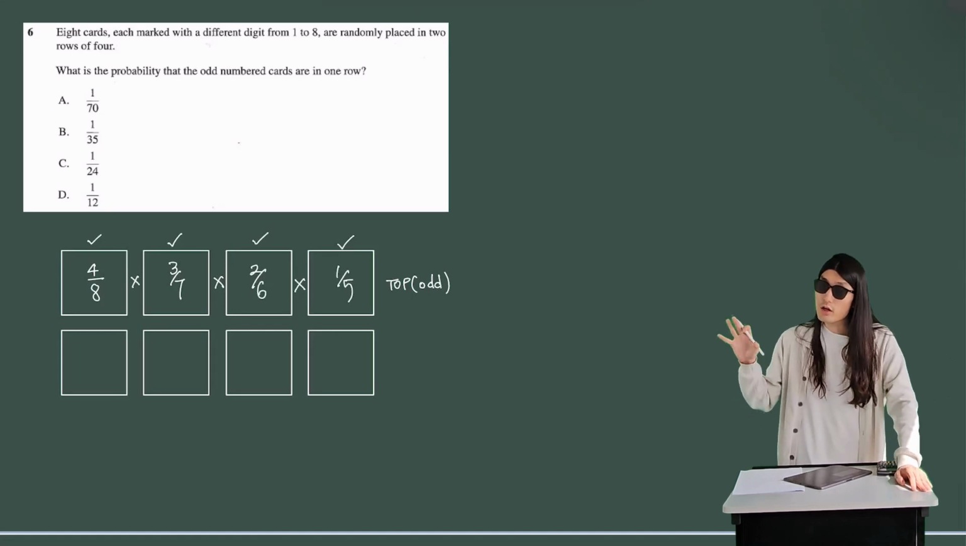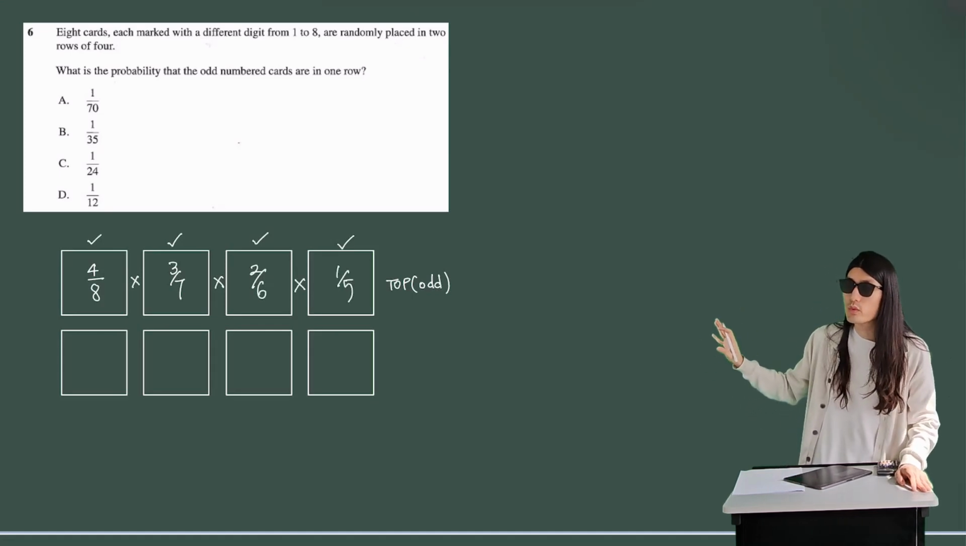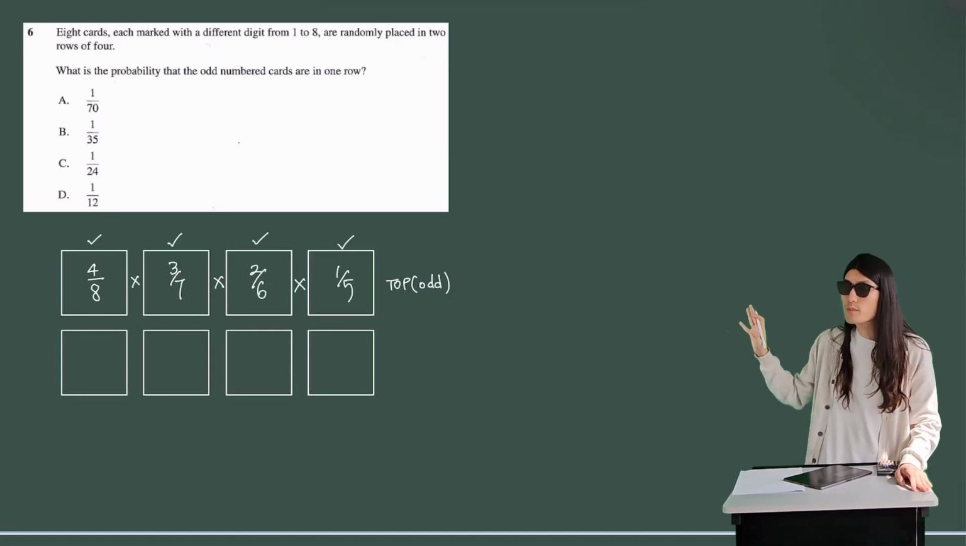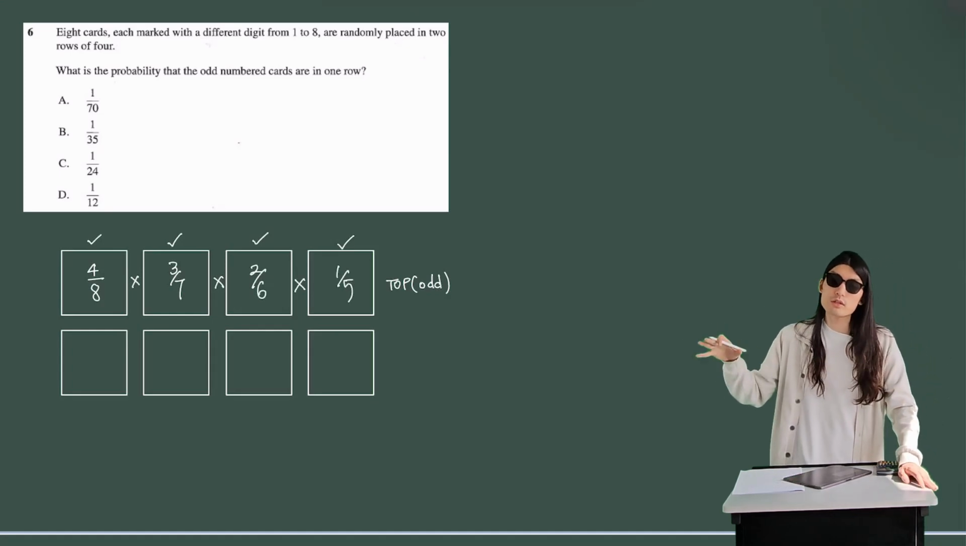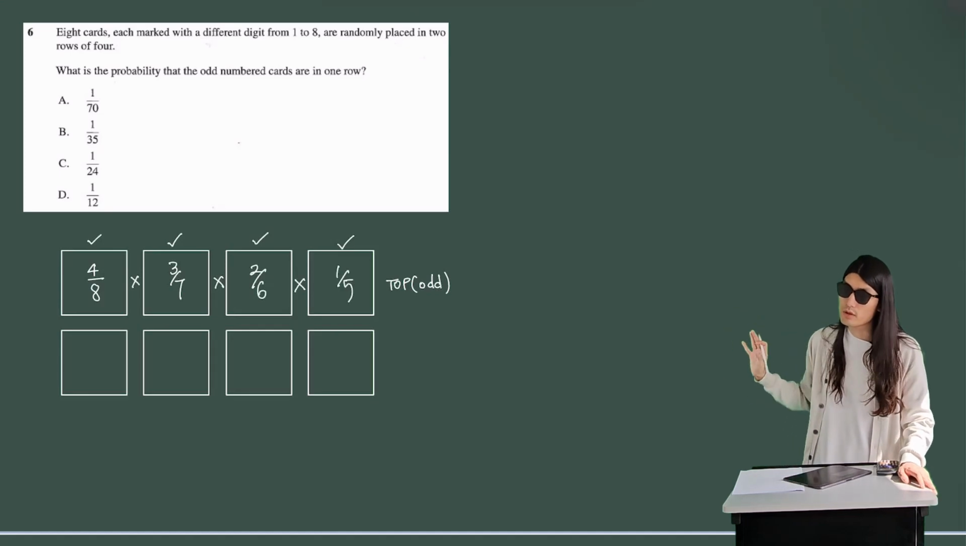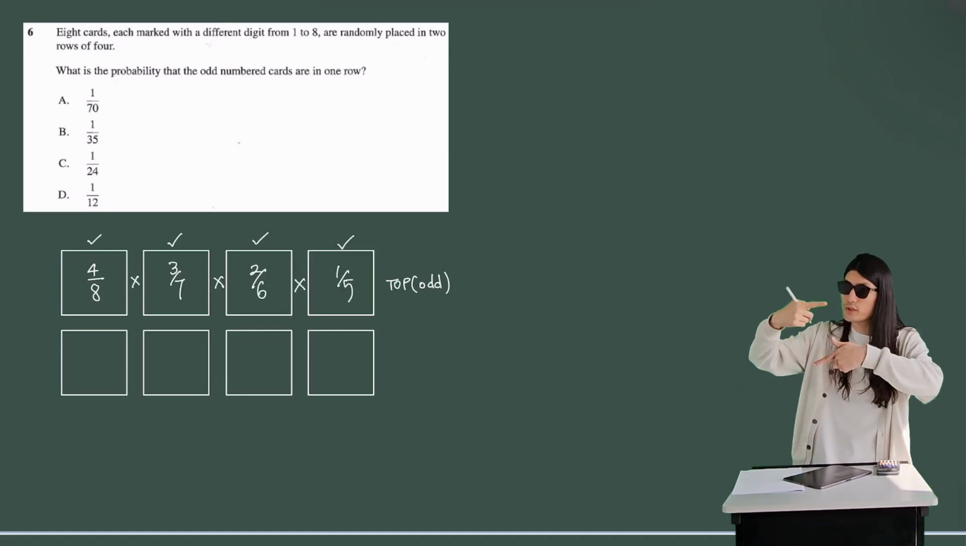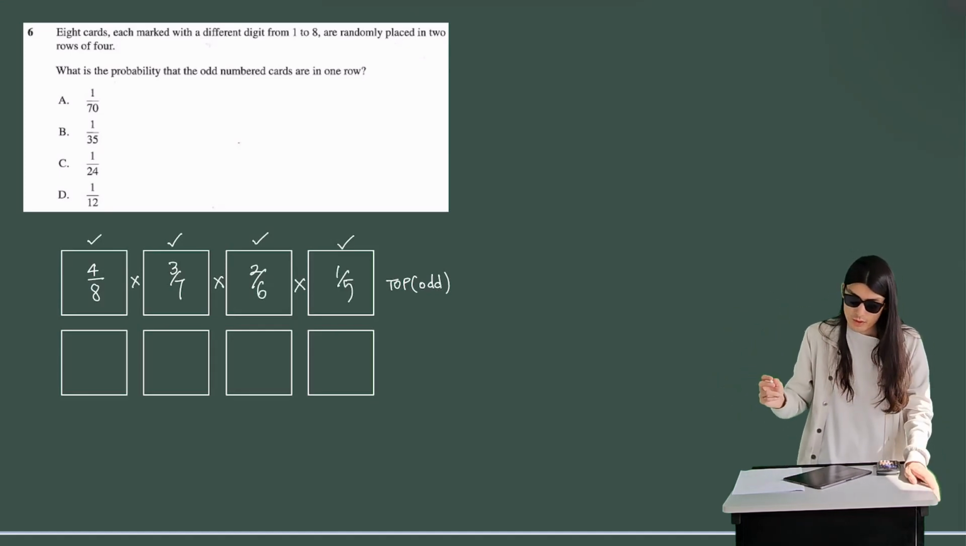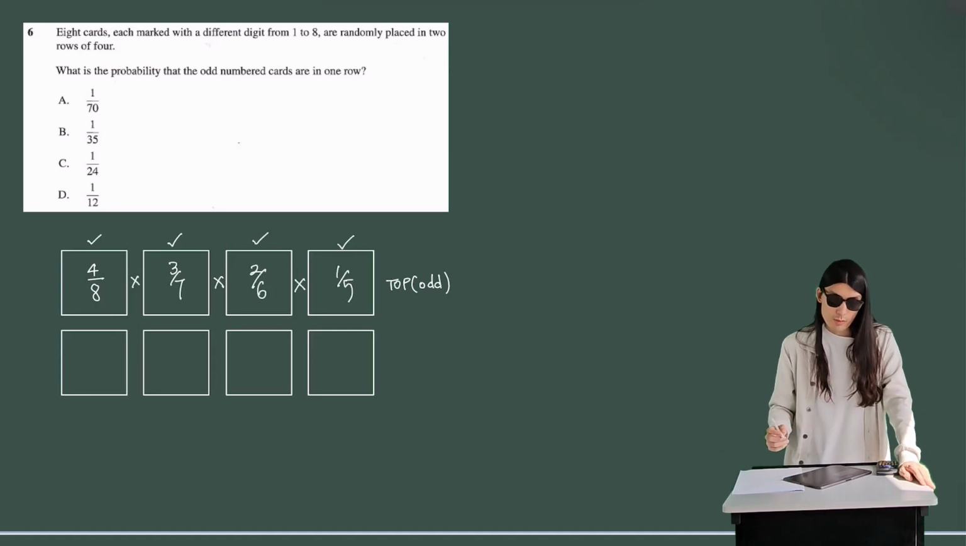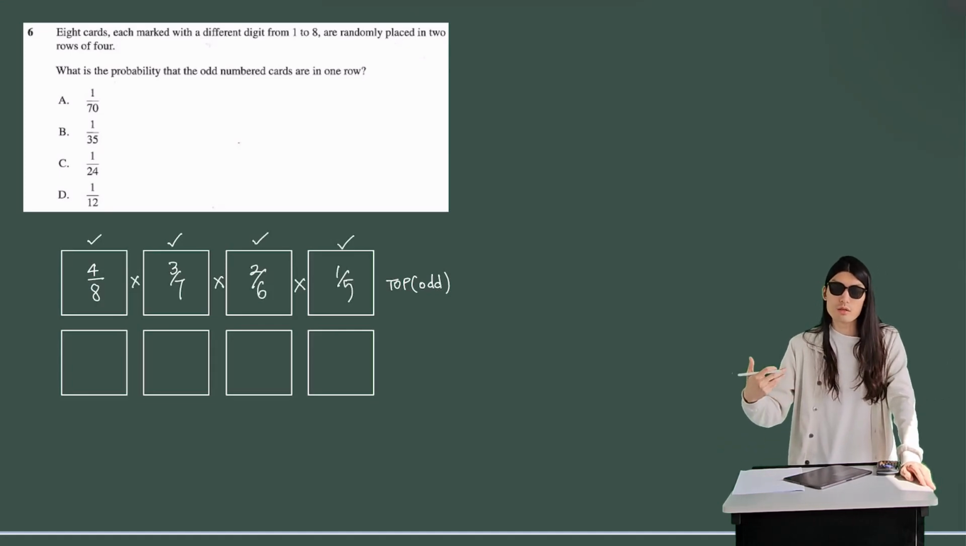Because the argument and the explanation which I made for the probability of the top row being filled by odd numbered cards, you could make the same argument and give the same explanation for the bottom row as well. You just have to switch the positions of the two rows, don't you? Okay, so then the probability that any one of the two rows is filled by odd numbered cards, which is what the question is asking for, is actually then just